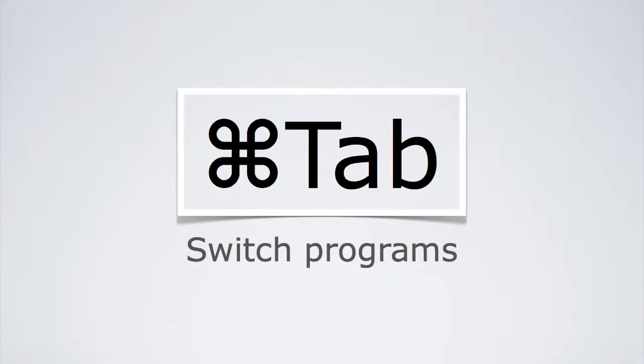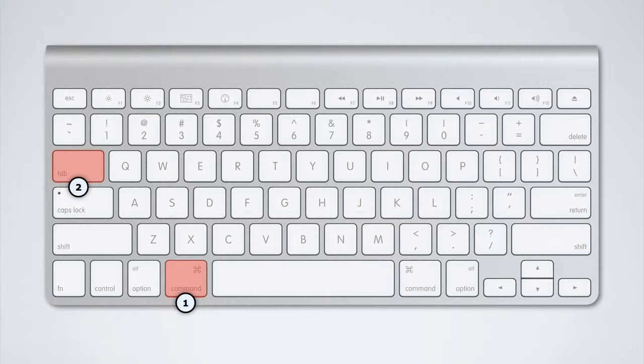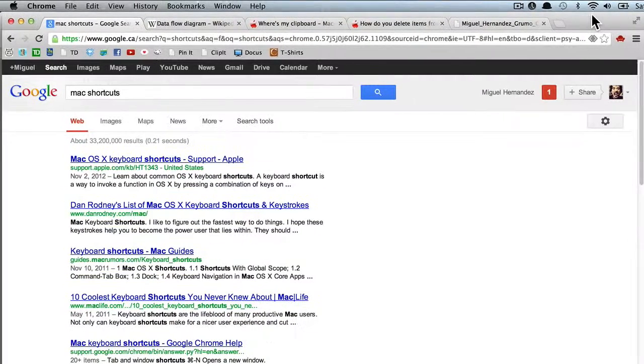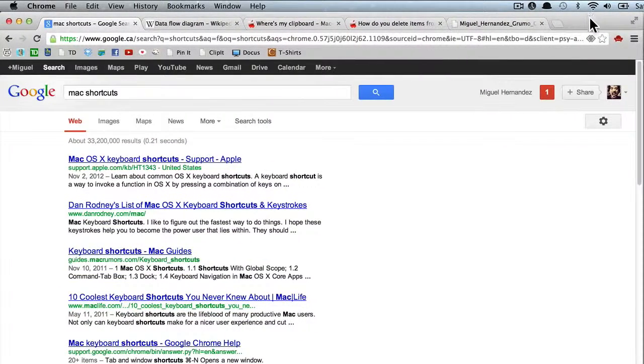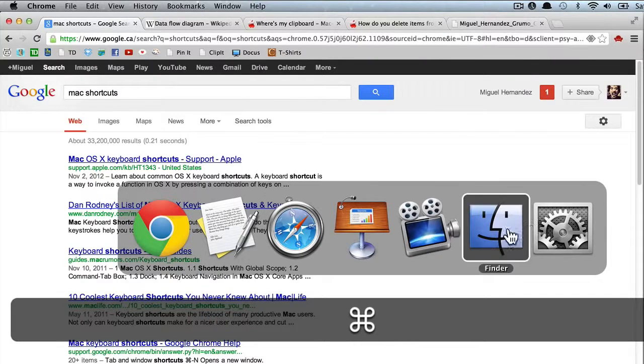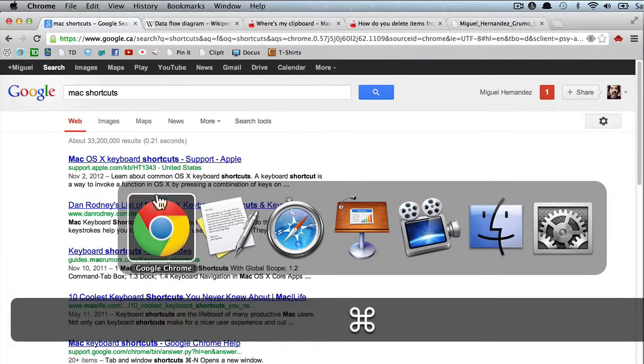Command Tab to switch programs. Instead of trying to find your programs and moving windows around to find the program you want to go to, it's very simple. Just press Command Tab and you'll get this display with all the open programs, and now you can easily select where you want to go. You can do it with your mouse, or if you keep clicking Tab, it will iterate through all the open